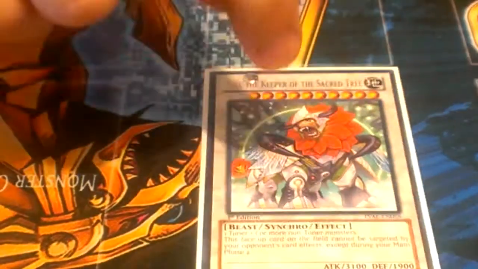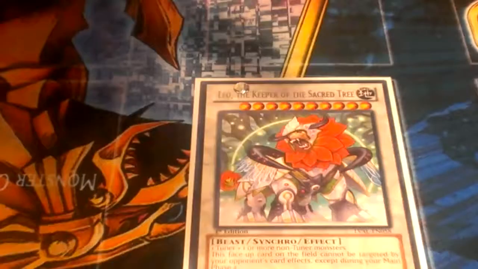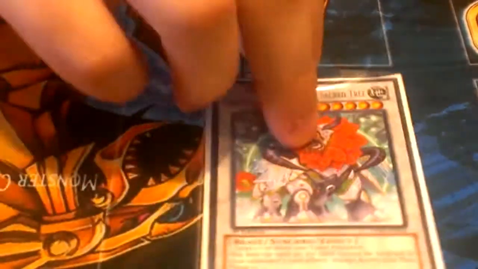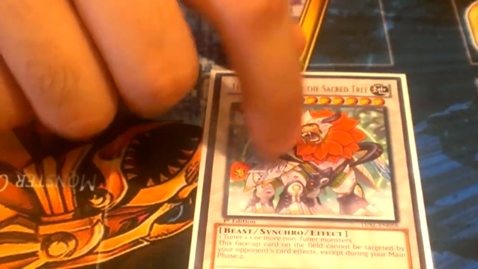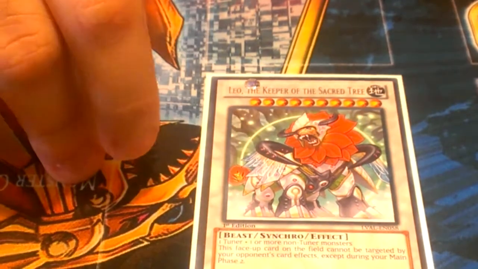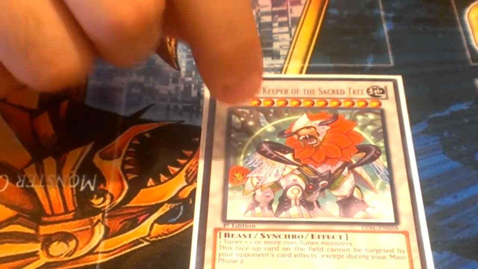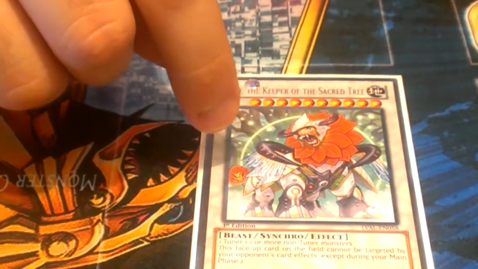Leo, because I think this is the Synchro star of the format. You can't target it except during my main phase 2, and that's an optional main phase. I could just end my battle phase at my turn, done. He's really good for poking for game. I can make him pretty easily, just like Channeler, discard something, summon Dragon, get Gen X Ally Birdman, get Channeler back to my hand,